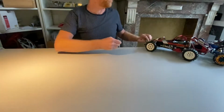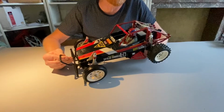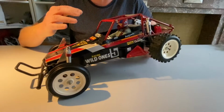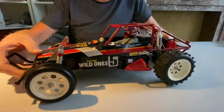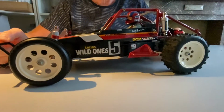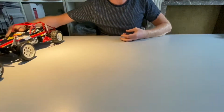In '85 or so, Tamiya made another big hit with the Wild One. This was car number 50. So between '76 and '85, they made 50 cars. It had a better suspension, front and rear suspension, but it still had its scale looks and a driver figure. And it was very popular, but it wasn't up to the challenge of the American and other companies who made